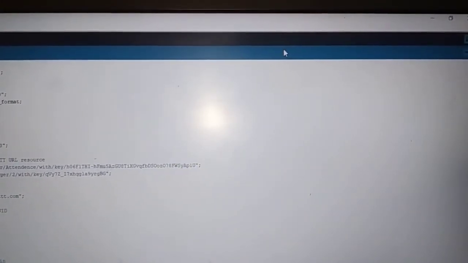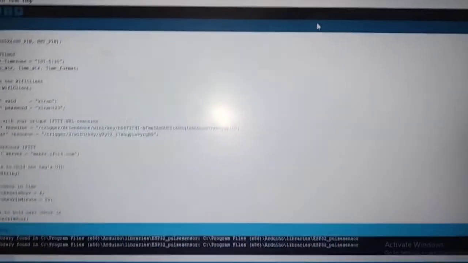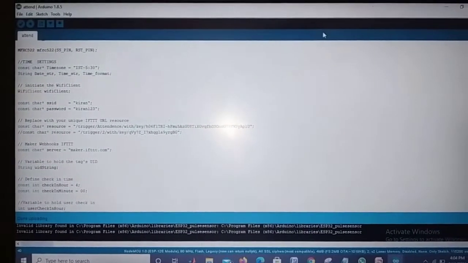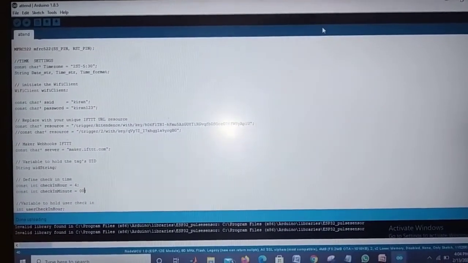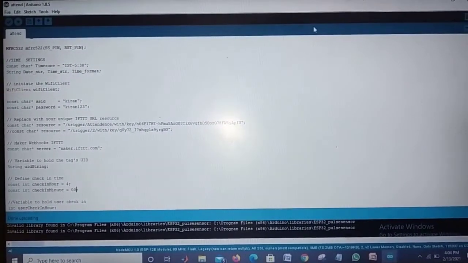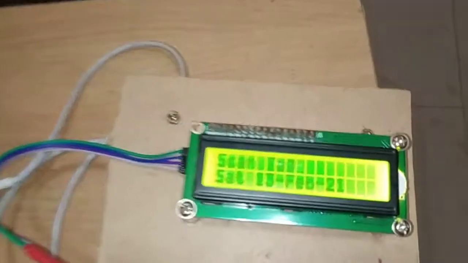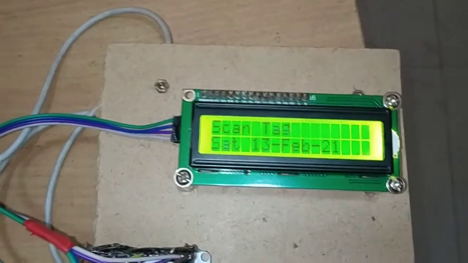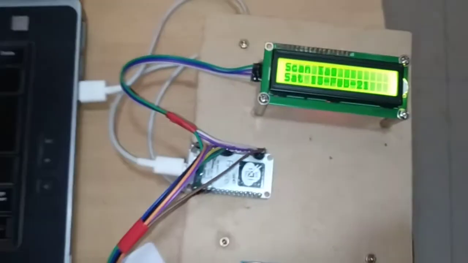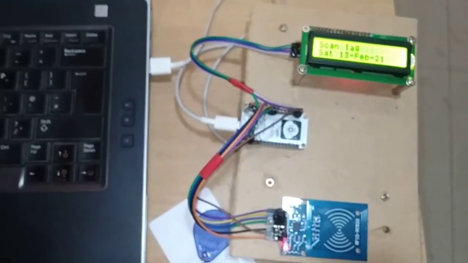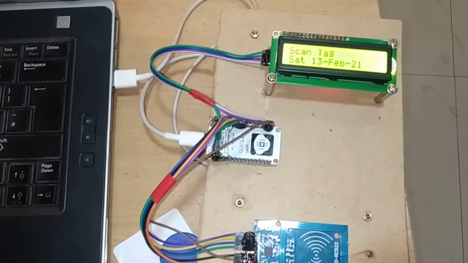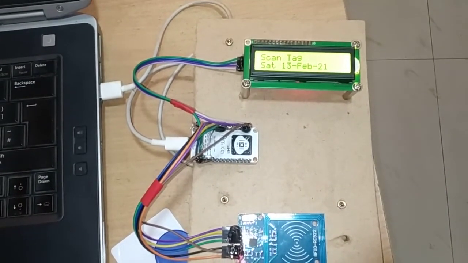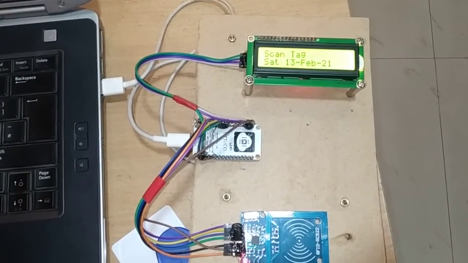So in this way, the smart attendance project mainly helps us to automatically take the attendance. The attendance will be updated in the Google Sheet whenever a student accesses their RFID in order to enter the class. When the student enters late, a fine will also be applied, and that will also be updated in the Google Sheet. If they are not coming within the time limit, it will put auto absent for those students automatically in the Google Sheet. So in this way, this smart attendance system project will work.